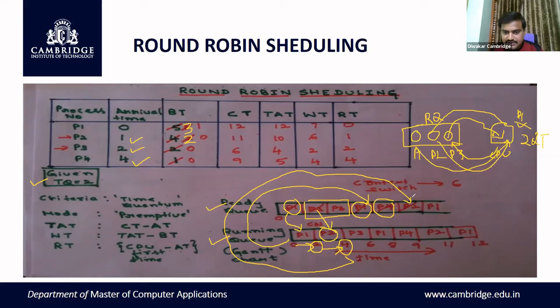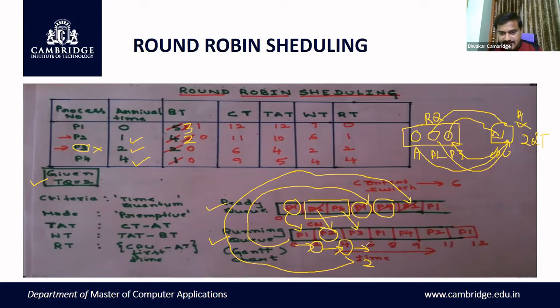Now, how many processes are there to execute? See now, how many processes are there in the memory? We have P3, P1, P4. Now what happens? Now P3, you're going to execute for another 2 units, right? Now P3 executes for 2 units, and it is over. See, its burst time is only 2 units. Now it is over, right?